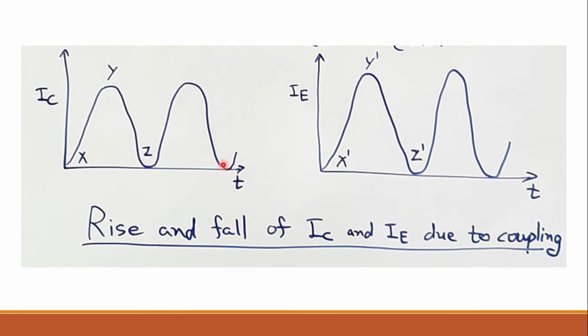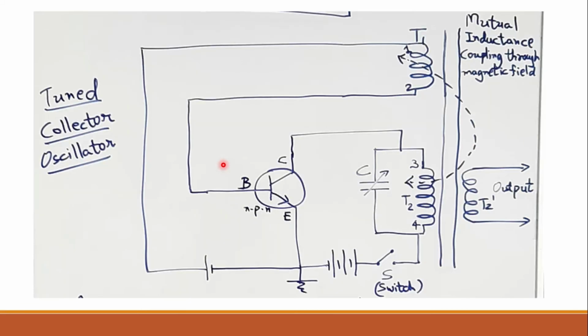And then again the cycle gets repeated, and then again the current starts decreasing, right? So that means the losses that were occurring in the tank circuit have now been replaced by the amplifier action, and therefore this is known as feedback amplifier. Why? Because we have fed back the output to the input. This is our output side, and this particular is our input side at the base side, right? So this is how transistor as an oscillator works.